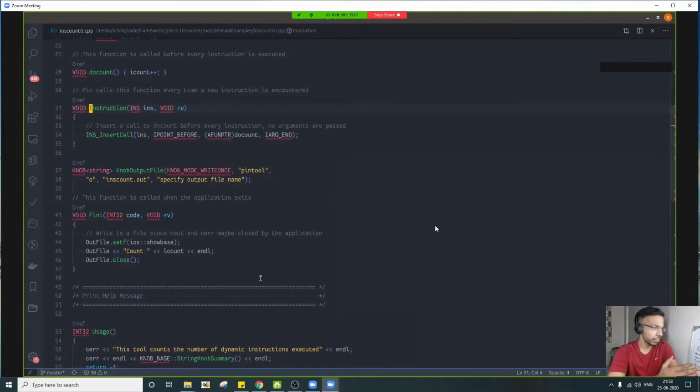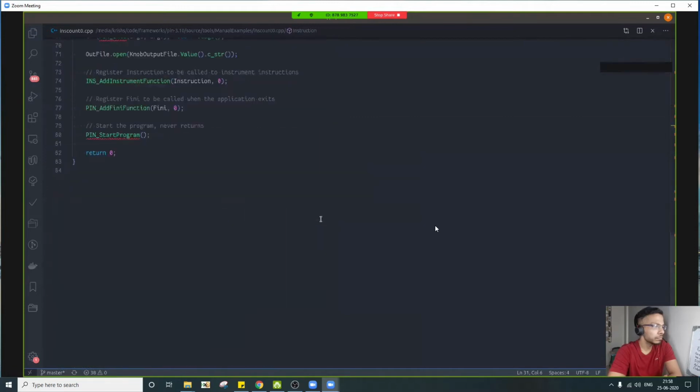So it is going to call for each and every instruction. That is going to be very slow, right? Yes, so that's why it's a very primitive example. The later version of ins count will improve upon this performance. Here, we just want to understand some basic syntax around how you can utilize particular APIs.